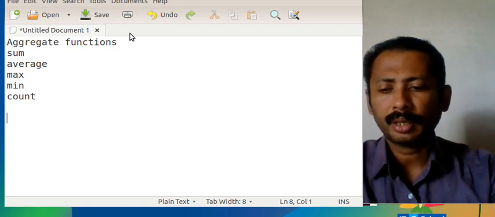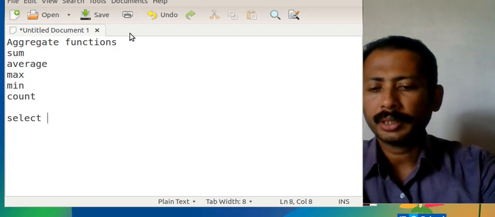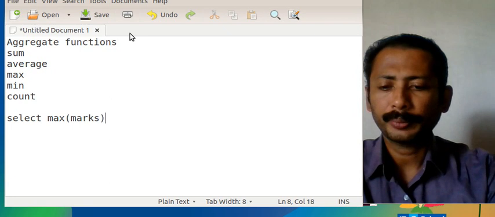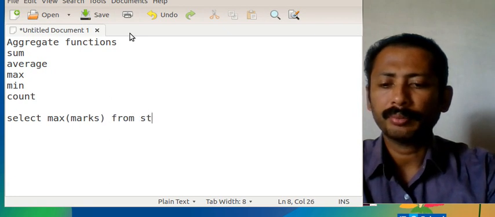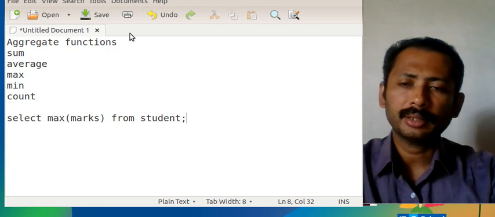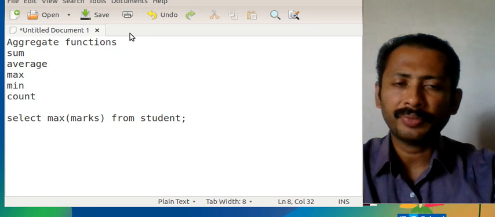For example, select max of marks from student. It means to get the maximum marks of that field.